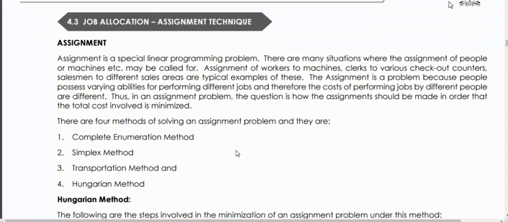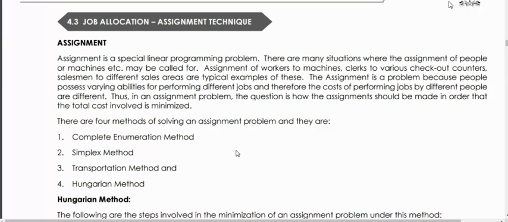Now, this part is like a question that can be asked in your exam on assignment. So job allocation. See guys, before doing a question on assignment, I'll tell you what assignment is. Assignment says that when we're studying time study and work study, the work has to be done with minimum time and minimum motion so that our output is generated at maximum profit with minimum cost. So when I am talking about assignment, it says that various jobs are available.